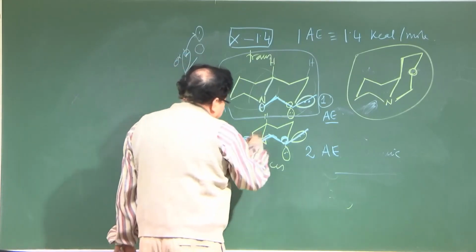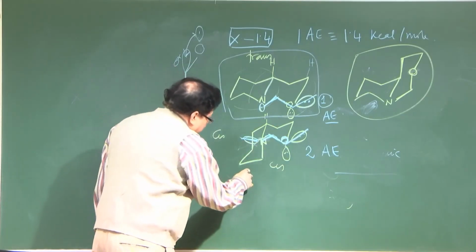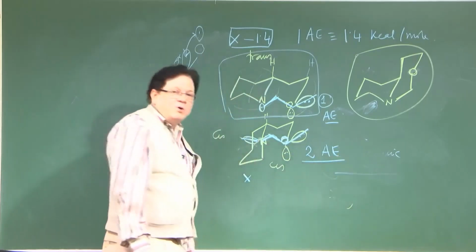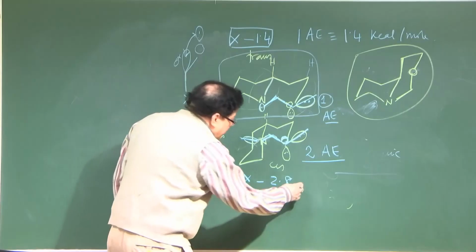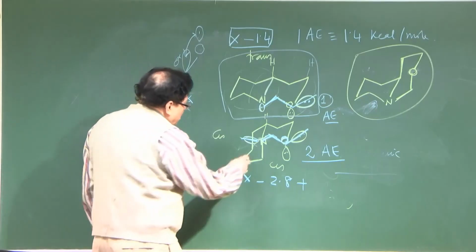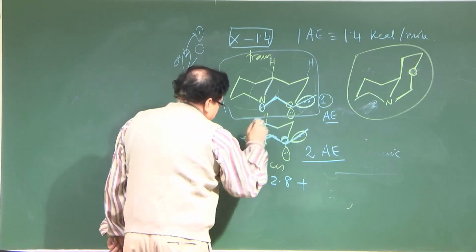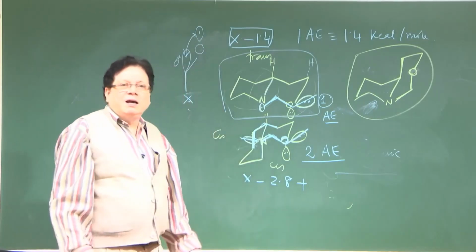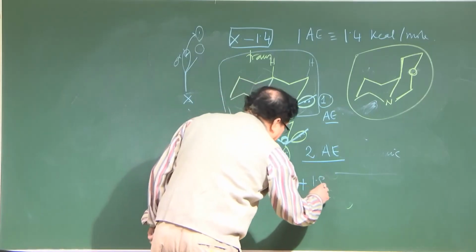So, that will be the energy of the system of the trans. On the other hand, the cis is made up of the same molecular formula, so it will have x. But now it has got two anomeric effects, so minus 2.8, but then it has got some plus because it is a cis ring junction. First of all, it has got two gauche butane type interactions. One is this, another is this. So, two gauche butane interactions, if it is 0.9, that gives about 1.8,